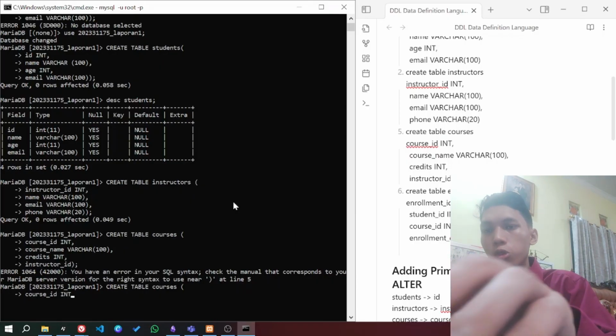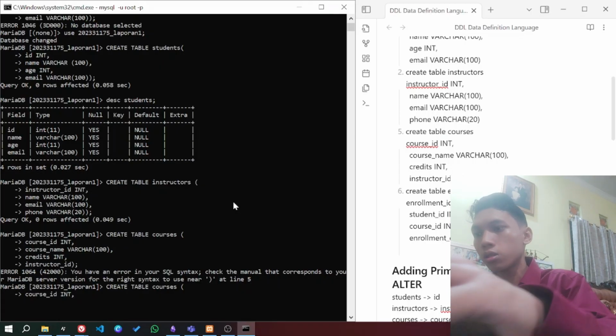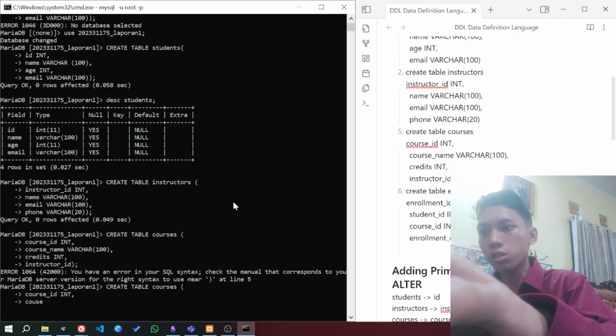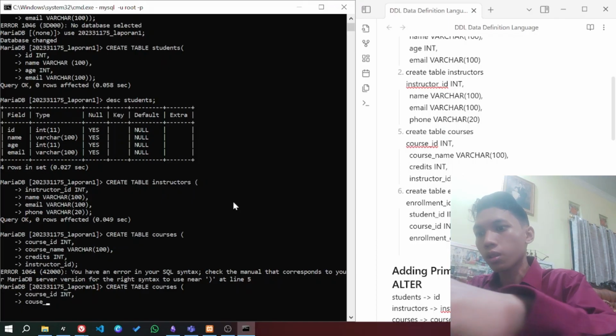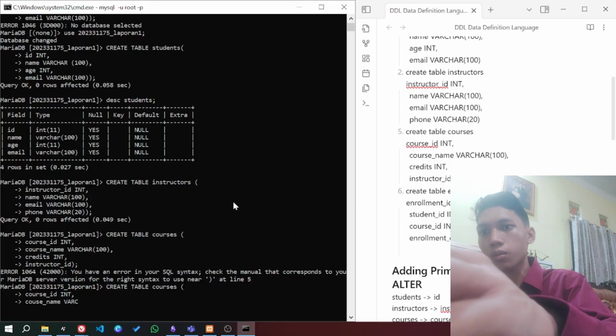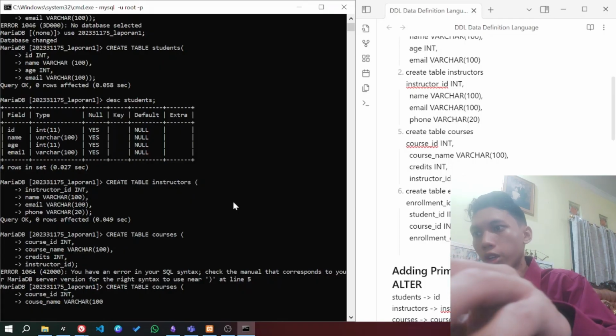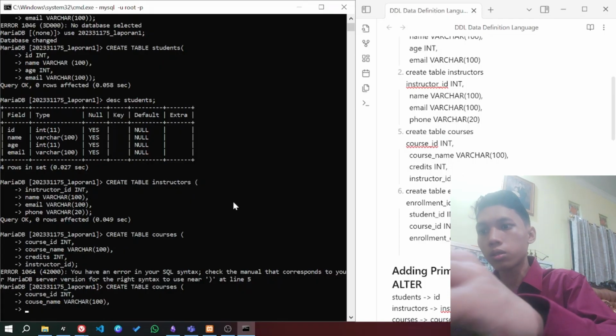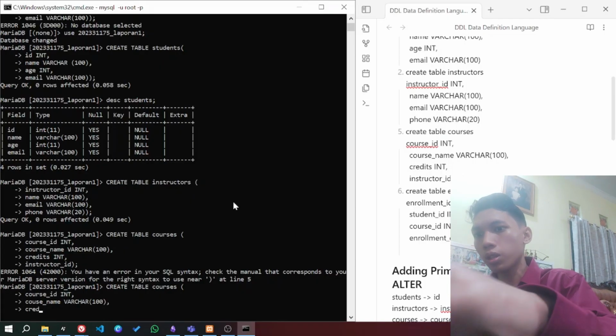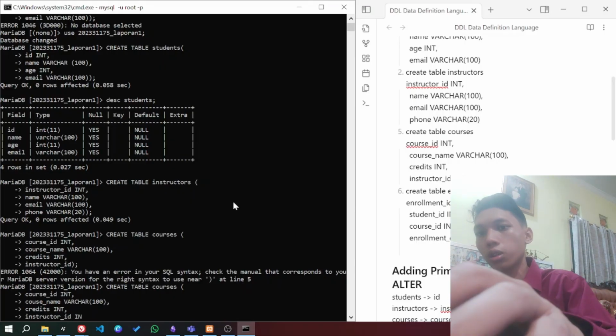Okay, we're going to do it more slowly so that we ensure all variables have their data type. Okay, variable character, credits, that will be integer, and then instructor ID. This is where we forgot the variable type, integer. Okay,